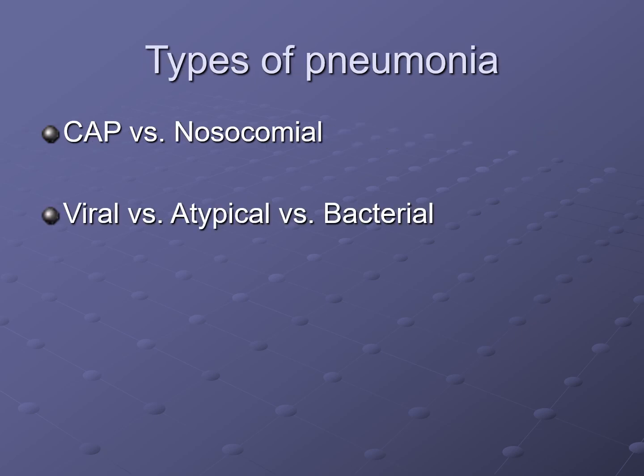So there's two major types of pneumonia, the community-acquired and the nosocomial. Nosocomial, of course, is hospital or healthcare acquired, and often more likely to have weird bacterial origin. You can have a viral pneumonia. You can have an atypical bacteria, something like mycoplasmal pneumonia or chlamydia pneumoniae. These atypicals are often referred to as walking pneumonia because people are not that sick. They're usually still walking, they're still working, but they'll have a cough for 2 or 3 weeks. And then in most people with bacterial pneumonia, they're like this poor lady. They are usually pretty sick, high temp, and feeling pretty lousy.